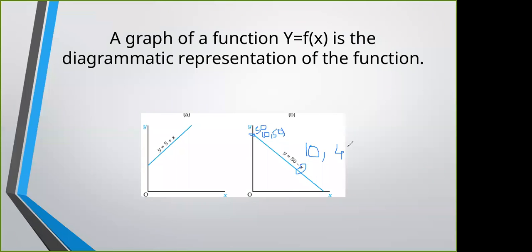If you see carefully, the value of x has increased from 0 to 10, but the value of y has declined from 50 to 40. This kind of functional relationship is called a negative relationship, and you will see this kind of graph. Okay,